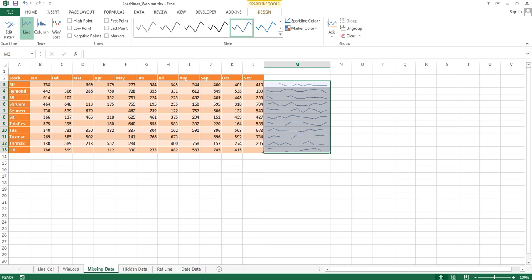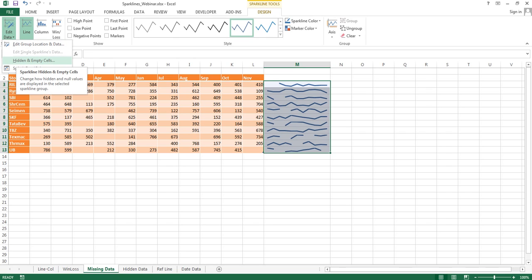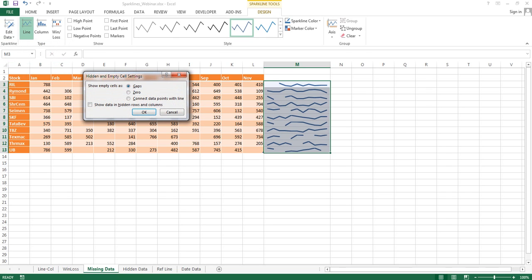So how do we modify such a scenario? For this, first of all, let me just increase the weight a little bit more. Okay, so you see the gaps in the spark line. How are we going to tackle this? Select the spark lines, go to the spark line tool design, and if you go to the very left, you'll see edit data. In edit data, we've got something called hidden and empty cells. Click on that. When you talk about the empty cells, you can work in 3 ways. Either you show the empty cells as a gap, which is the default setting, which is why it is coming up like this, or you can say that the gap means a 0.